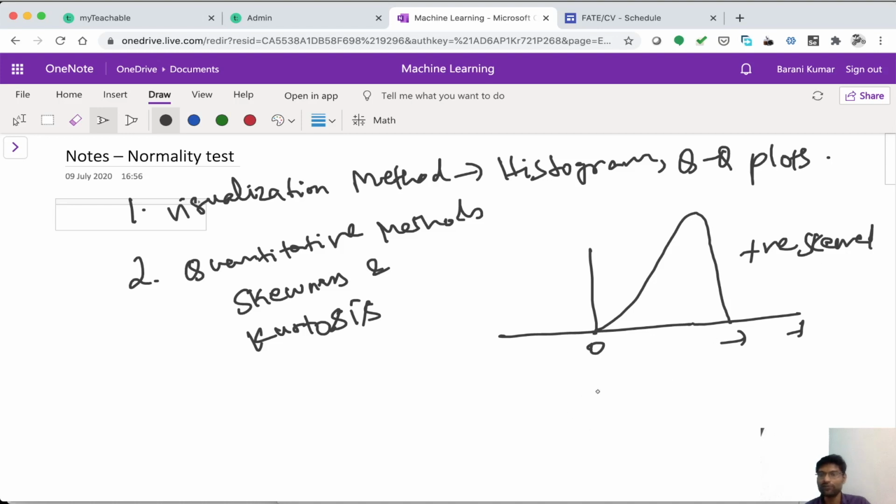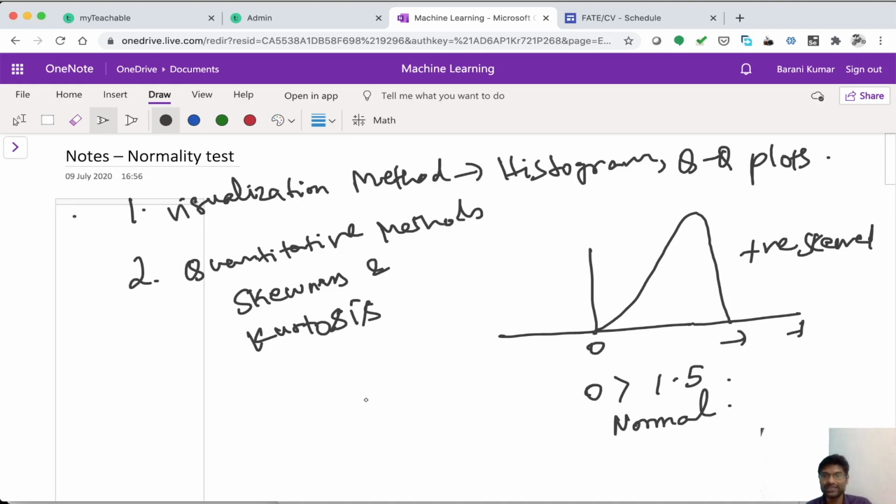And there is a formula for measuring this skewness. If the output is somewhere in the positive range, say 1.5 or something, greater than 0, then we will term it positive skew. The closer the value is to 0, the more normal the curve is. Okay, so this is the understanding of positive skewed data.